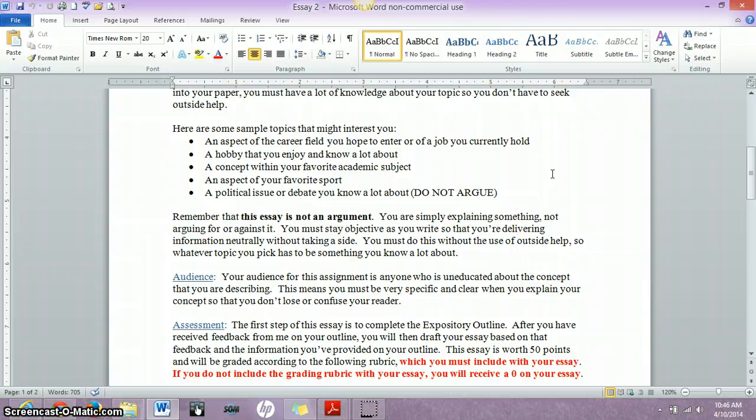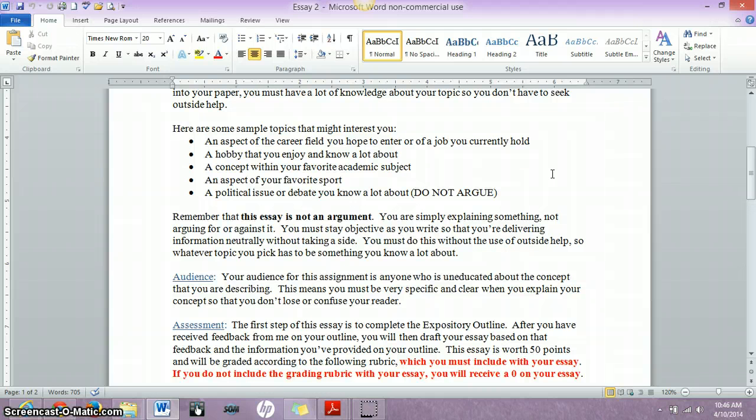So, that's just a list of ideas to maybe get you started. Also, use the example essays in chapter 4, especially when you work on your discussion board. How can they help you find a topic to write about? Use the chapter. That's how they're built. They're built to help you write essays. They're not just built to shove information in your face. They're there to help you and guide you. So use the textbook to get started on this essay.